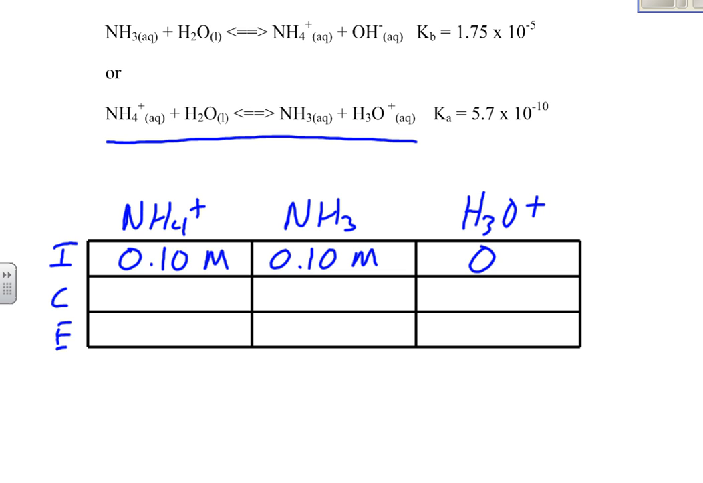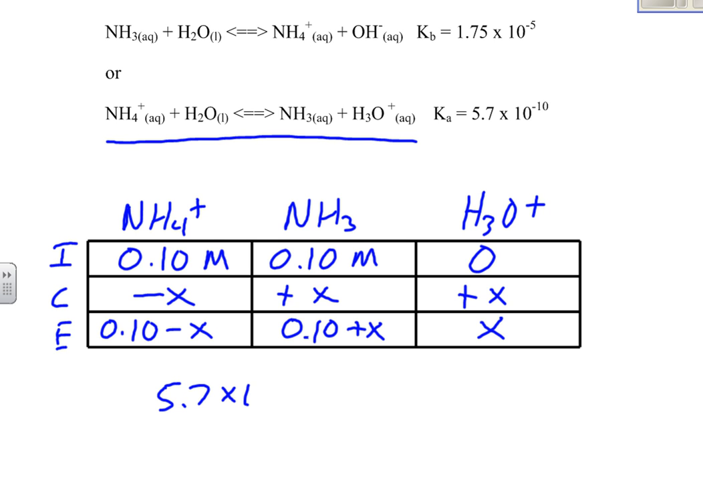Change then is going to go to the right, so this will be minus x, plus x, plus x. Equilibrium, the hydronium ion will be x. The ammonia will be 0.10 minus x, plus x, and the ammonium ion 0.10 minus x. So our Ka, 5.7 times 10 to the negative 10th will be equal to,